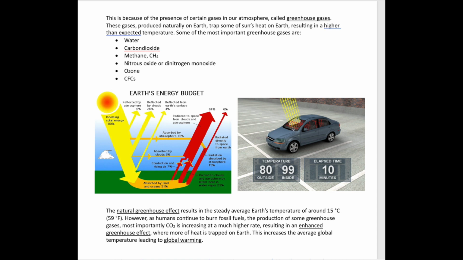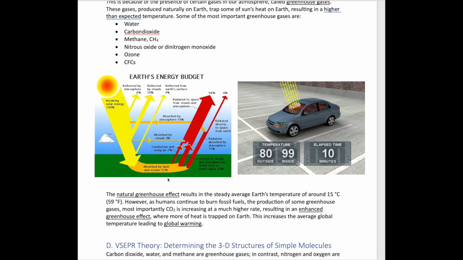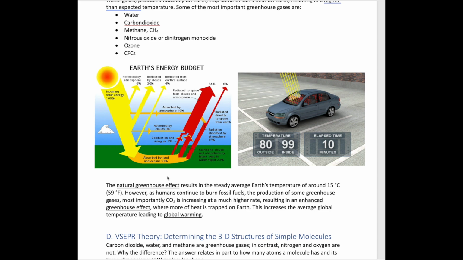And so just to explain this idea of a greenhouse, in an example of this car in a parking lot, you have heat coming in through the sun's radiation that can enter the car. But if you close the windows, that heat doesn't come out as efficiently as it enters. So over time, the temperature of the car increases by a significant amount compared to the outside temperature where the heat can escape. Here's an example. The temperature outside is actually only 80 degrees Fahrenheit, but the temperature inside is 99 degrees Fahrenheit. And this is just for a 10-minute waiting time. So this greenhouse effect is pretty important to keep Earth's temperature at a certain value.